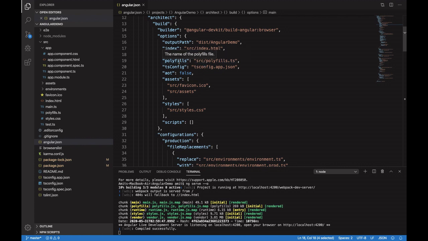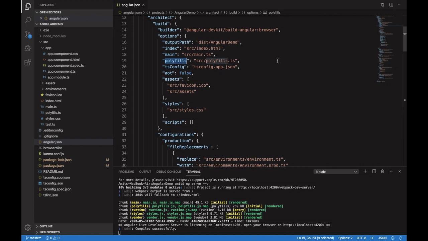Okay, this is the name of the polyfills file. And what are polyfills? Angular is a recent framework, so it has been built upon the latest standards of web development. There are n number of browsers available, some of them very old, some of them new.